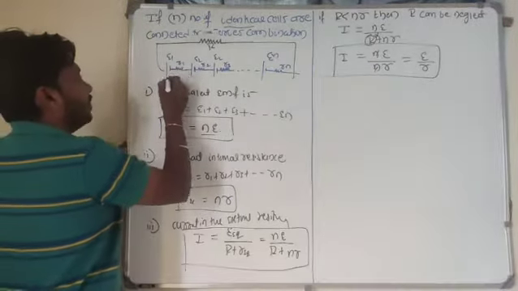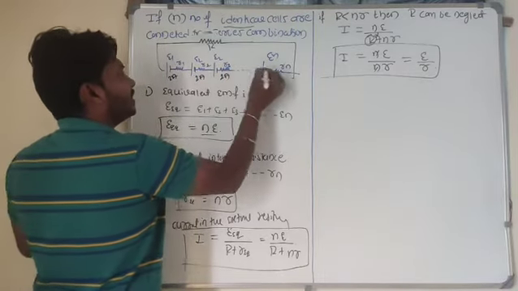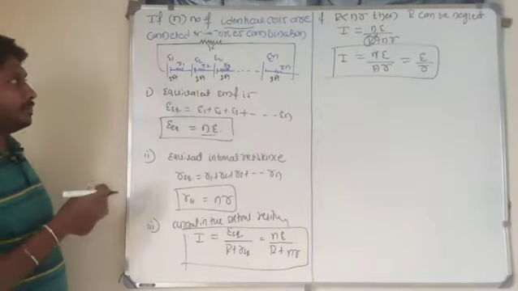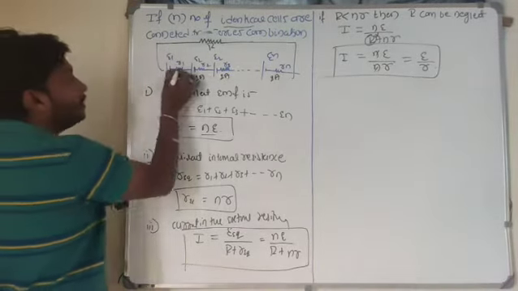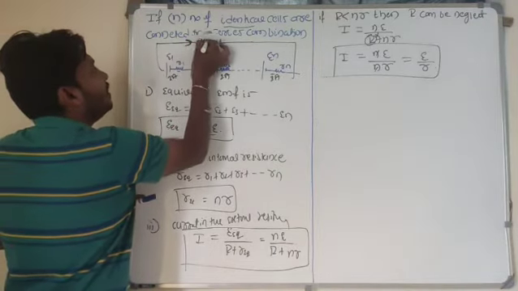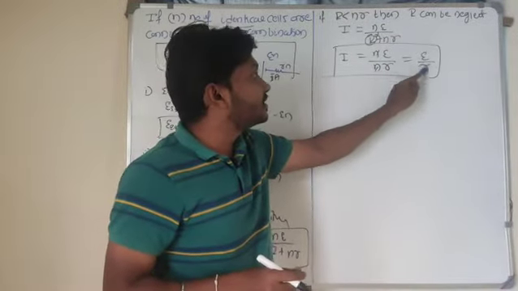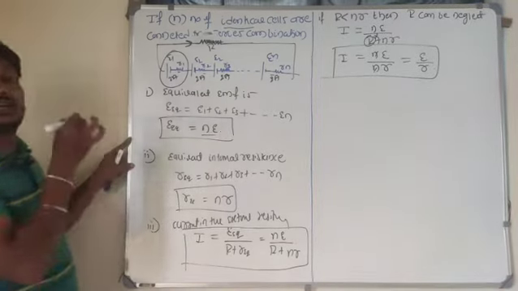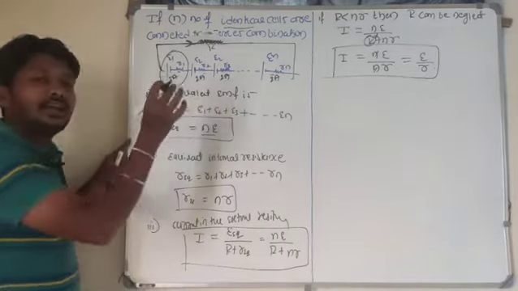For example, from the first cell, if 2 ampere of current is there, from the second cell 2 amp, from the third cell 2 ampere, from the fourth cell also 2 ampere of current is flowing. For example, if the external resistance value is very much less as compared to the internal resistance, what is the maximum current that can flow through the external resistance here? Maximum current through the external resistance is equal to the current due to a single cell. Single cell, how much current will it produce here? 2 ampere of current. That same 2 ampere of current will flow into the external resistance.